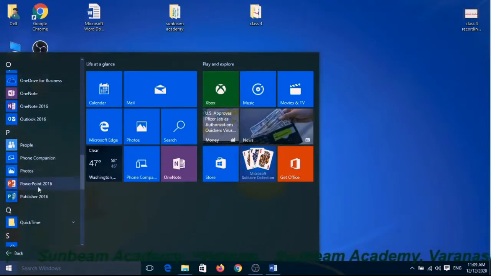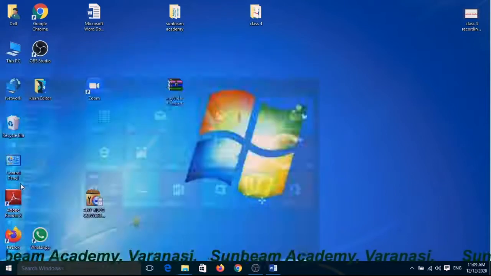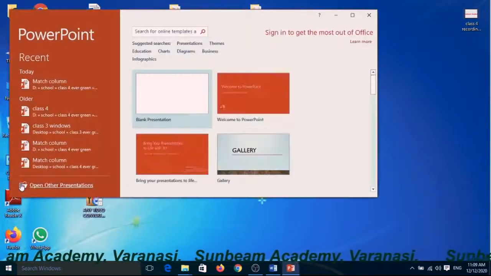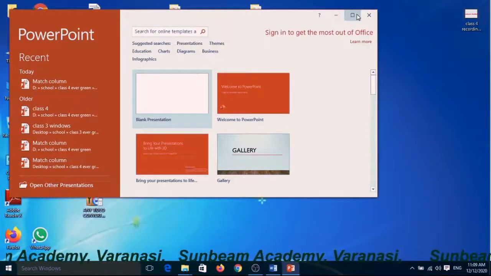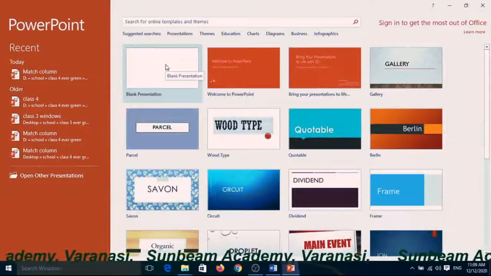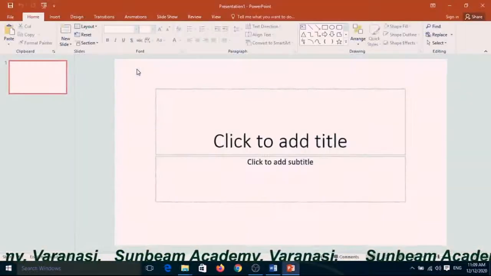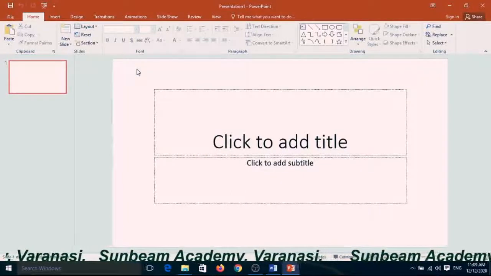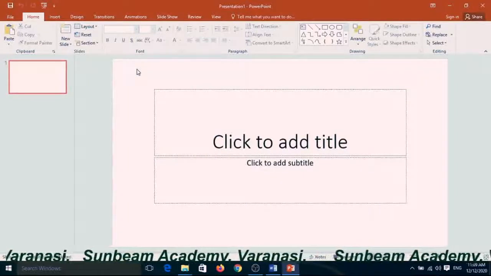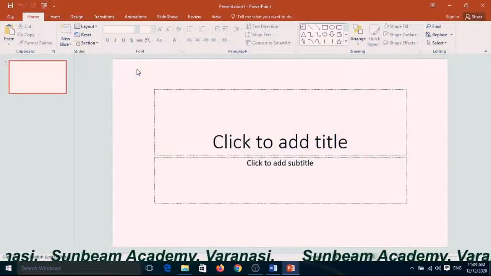Here is PowerPoint 2016. Click on this icon to open. When you open this file, the structure will be of this type, and choose the blank presentation. It is the first screen. By default, this screen opens in Microsoft PowerPoint.